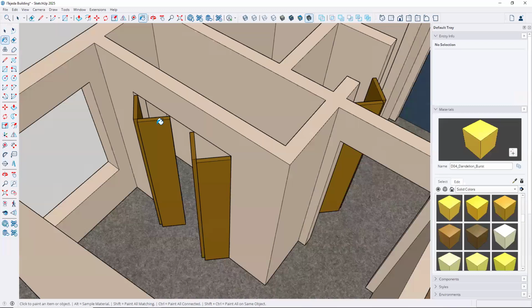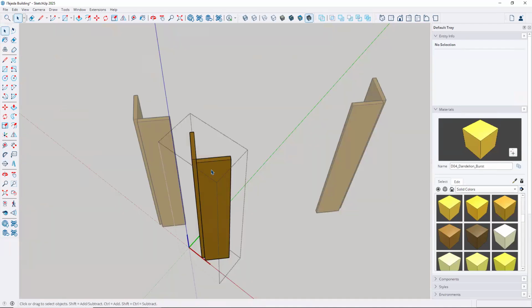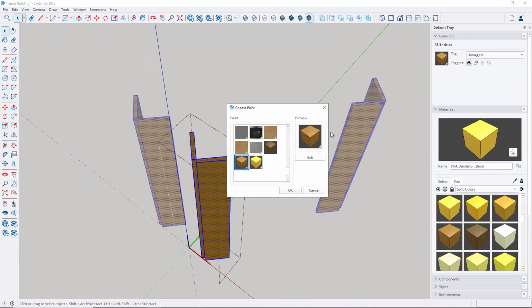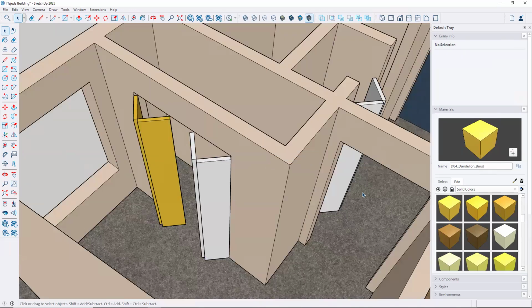So it actually did take the color, you just can't see it, and I'll show you how I can change it so it's visible. I'm going to go back into my component, triple click, and then I'm going to come up here, and I'm going to click on the material that's currently applied, and then I'm going to change it back to the default, and then click OK, and then click outside of it, and there it is. That's the color because I did apply it, but now that I put everything back to default,